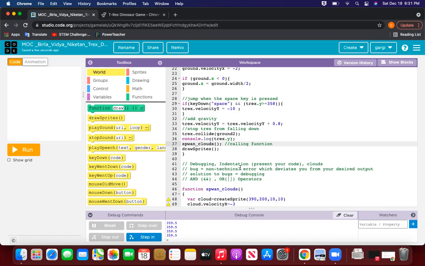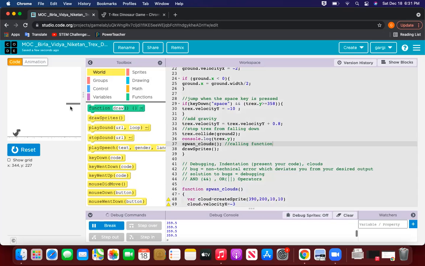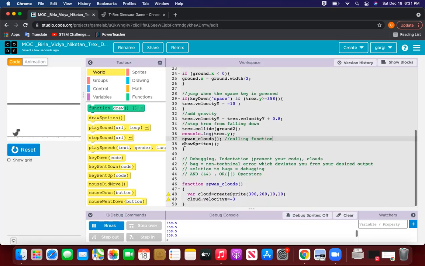That's it. Now I'll say run and I can see a long gray color bar is coming. I cannot see the small 10 by 10 sprite because my size was 10 by 10, right? Now, why is this happening? This is happening because my instruction of spawn clouds is getting repeated in every frame.